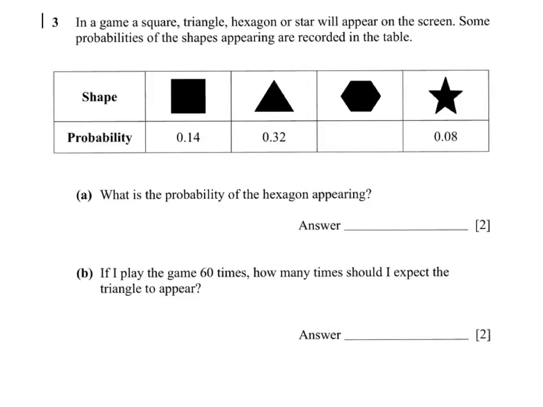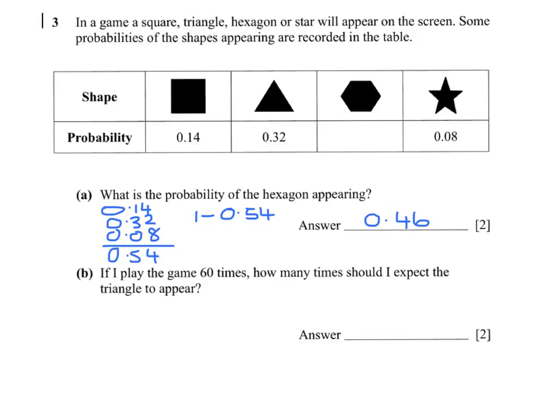Probabilities must add up to 1. So if we add together the 0.14, 0.32, 0.08, and we get 0.54. That means that the hexagon must be 1 minus 0.54,